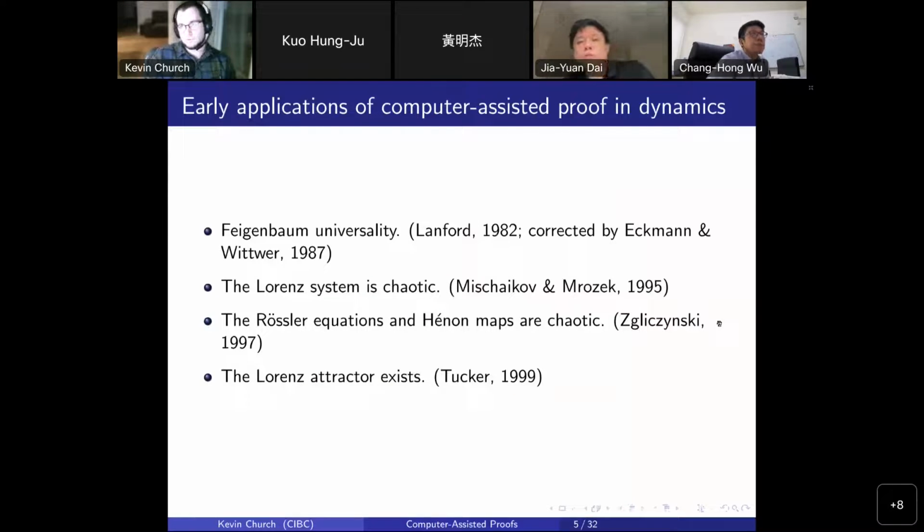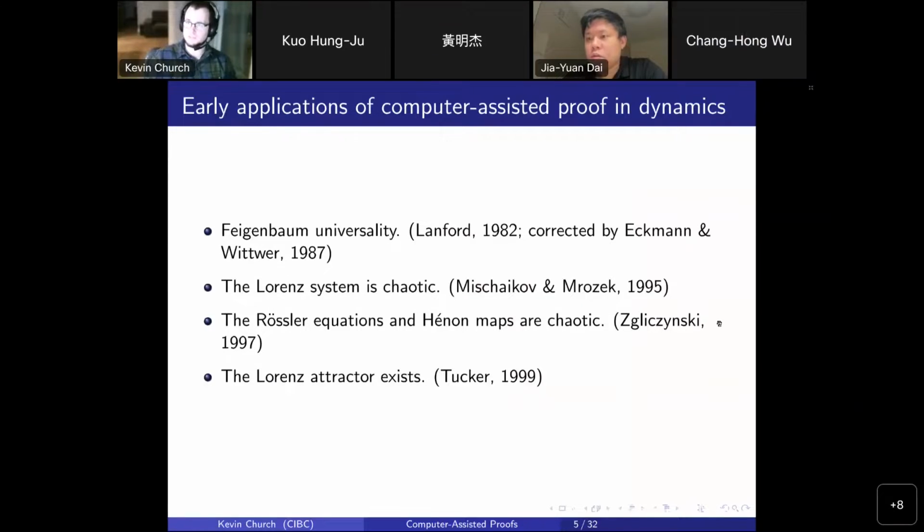So the first computer-assisted proofs in dynamics are basically mid to late 80s. Obviously, things are very different now. Methods have changed a lot, but if you're going by the history, that's how far back it goes. The last in this sort of block here, I would say, is proving that the Lorenz attractor exists, specifically that the Lorenz equations at the classical parameters support a strange attractor. This was proven in 1999 by Warwick Tucker, which fully settles